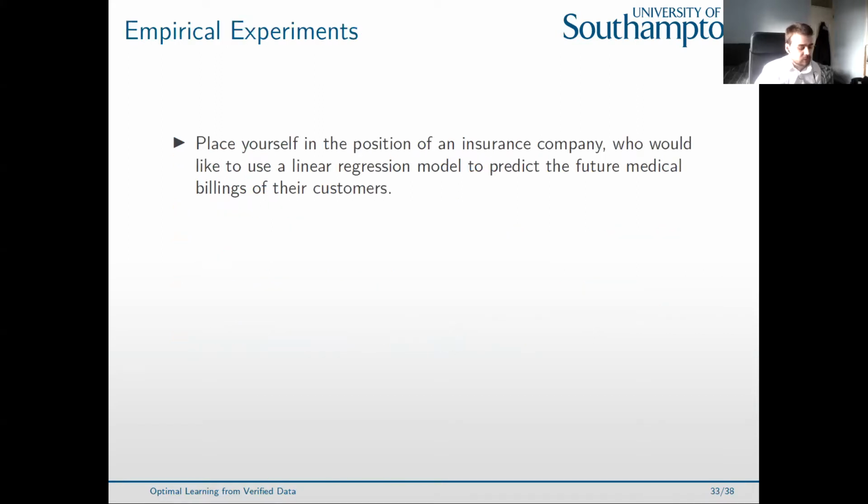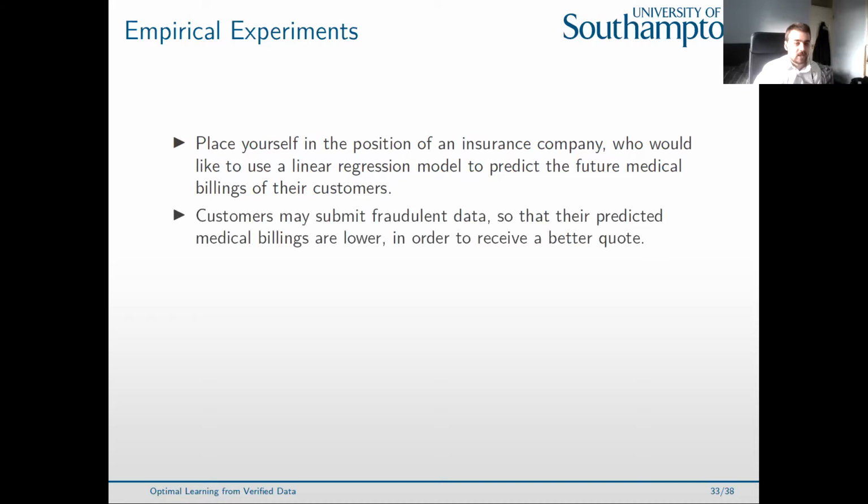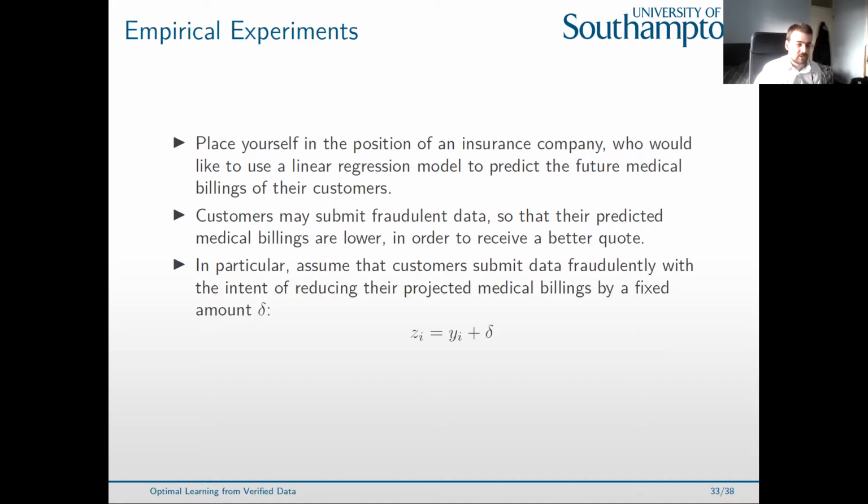So if we now think about an example of this experiment in practice, you can place yourself in the position of an insurance company, and you can say, well, I'm going to use linear regression to predict the future medical billings of my customers. And customers, of course, might submit fraudulent data so their projected medical billings are lower. And in this instance, we're going to assume that the medical billings they want to be predicted for, so that they receive a lower quote, is some sort of discount on